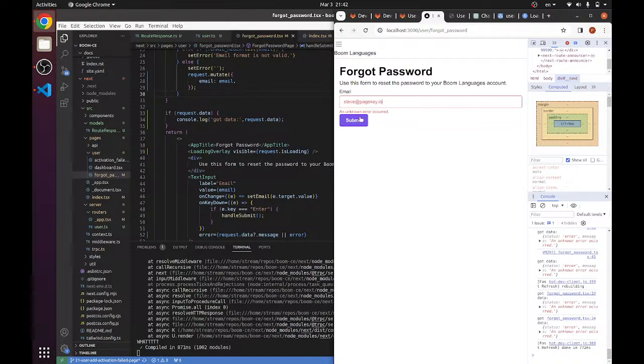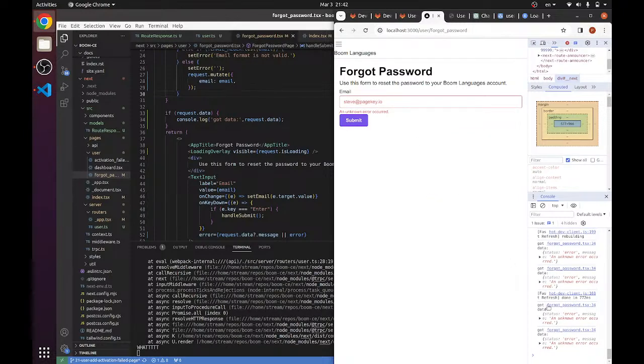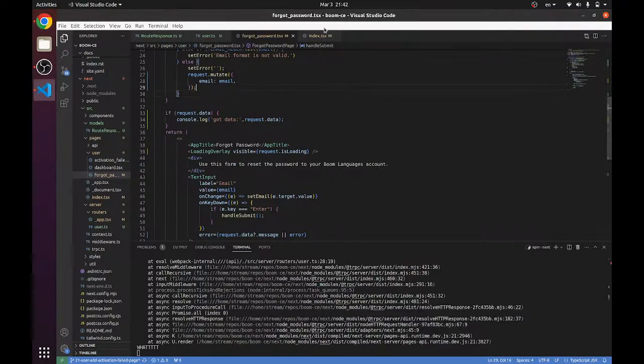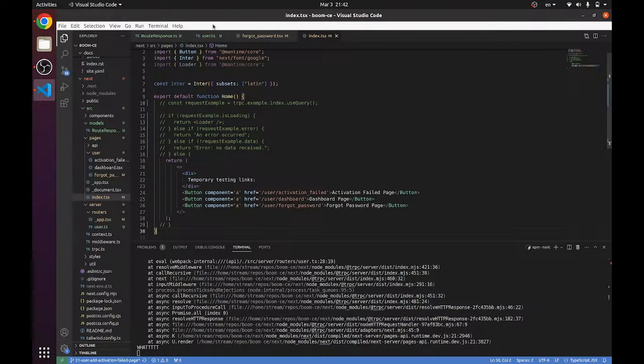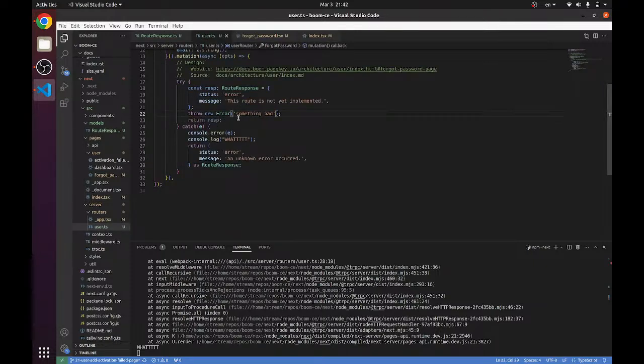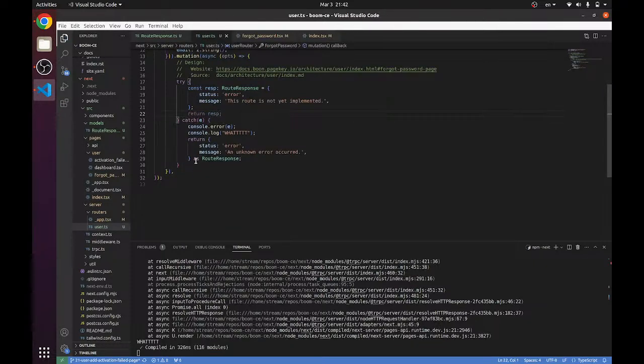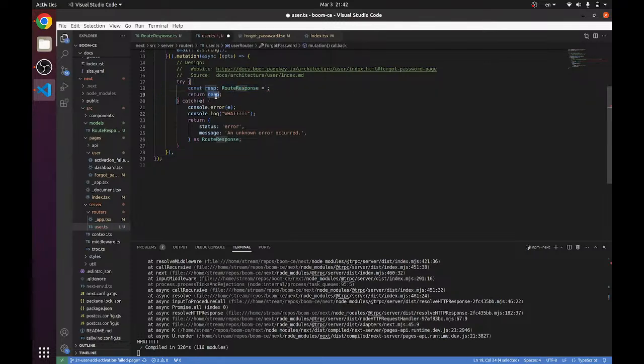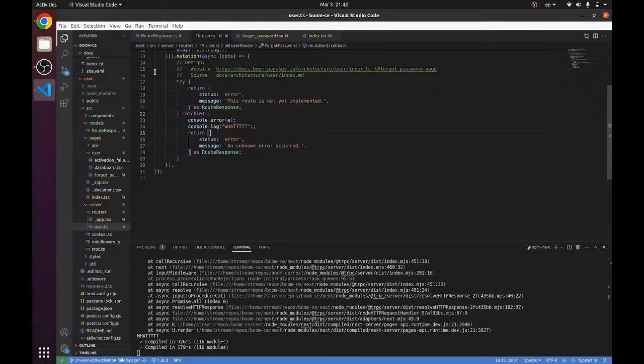So where was I with this? I think I need this. Oh, wait a second. It's actually displaying the message. So that's exactly what we were looking for here. And then you just go back in here, and instead of throwing the error, just return that route not implemented message, which I'm going to simplify by just returning the object as a route response, so that this is always a route response that we get back. And then